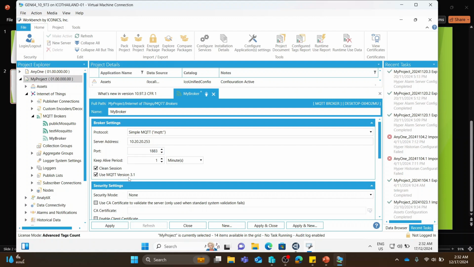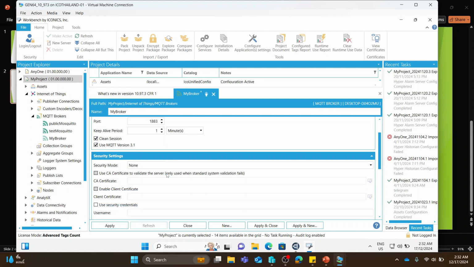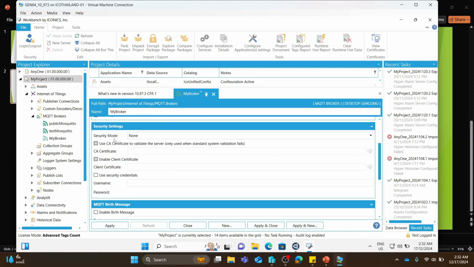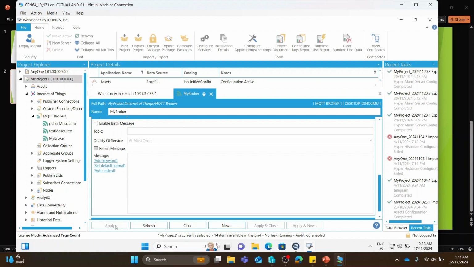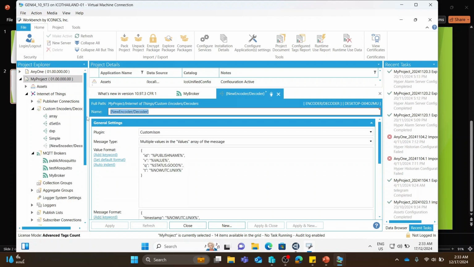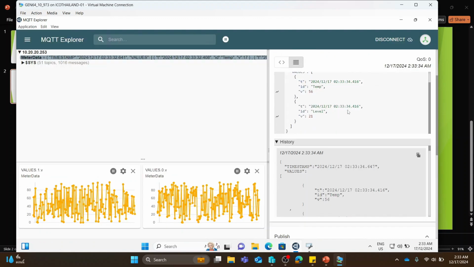And use MQTT version 3.1 if need. For security mode, you can set security corresponding to your MQTT broker. In this case, I have no security credential here. Then hit apply. Now create a custom encoder decoder. Give it a name. And use the message type as multiple values in the values array of message because my data in MQTT broker